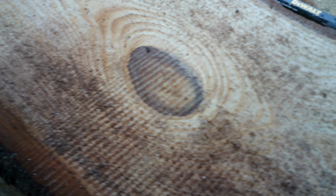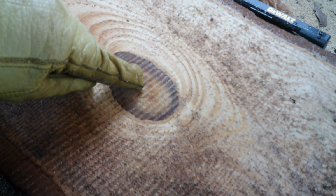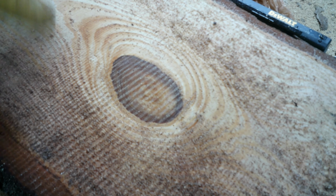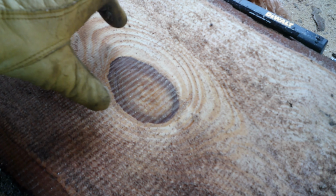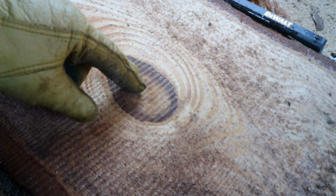Okay, chatter on a band mill looks exactly like this. You can see right here, these are deep grooves, and then it comes up, goes down, comes up, goes down, comes up. You'll see this in certain places on the log or the boards. What this is, whenever it's hitting a really hard spot, such as this knot right here,